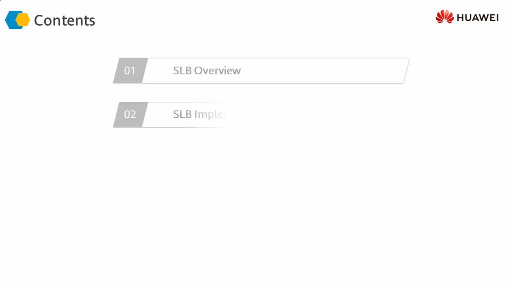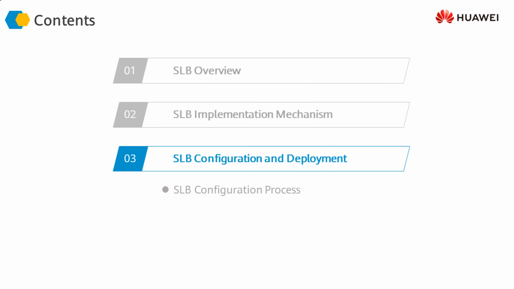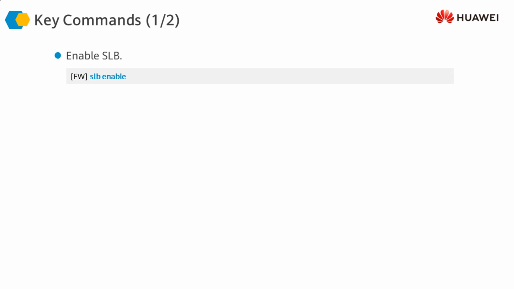Let's take a look at the configurations. First, we'll take a look at the configurations in CLI mode. Then we'll look at the example. Then we'll come back to the web mode or the GUI mode. Let's take a look at the command line interface configuration first, or CLI mode first.